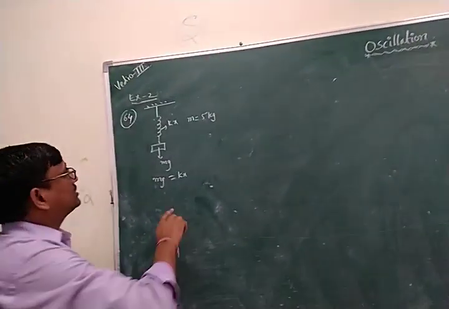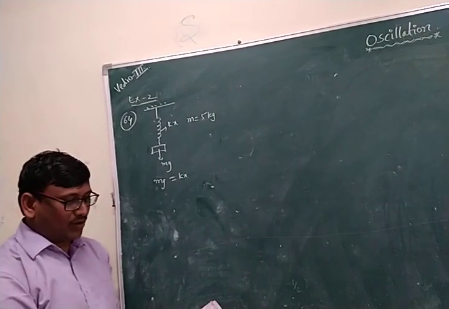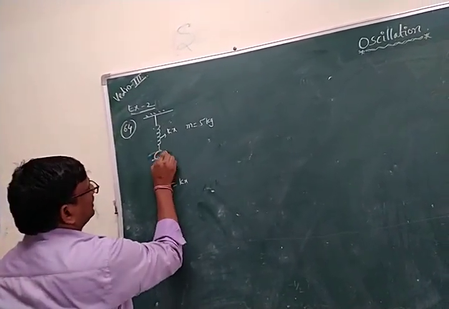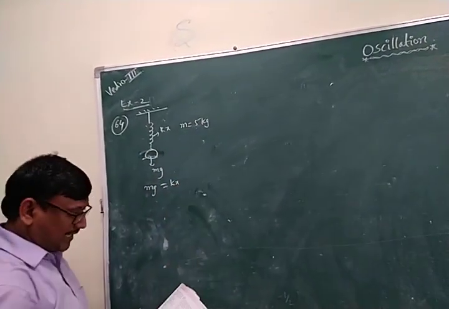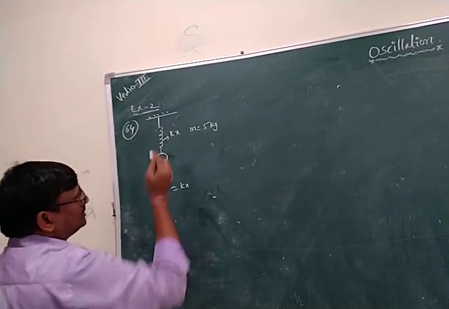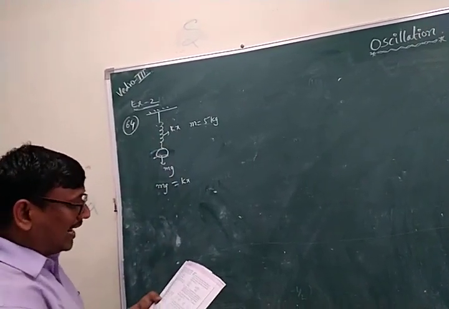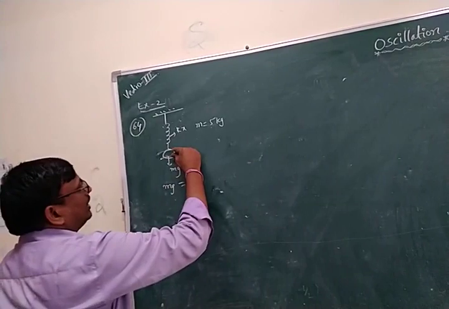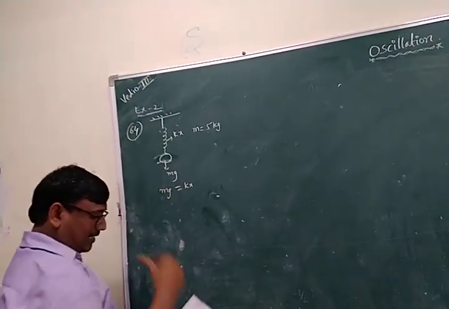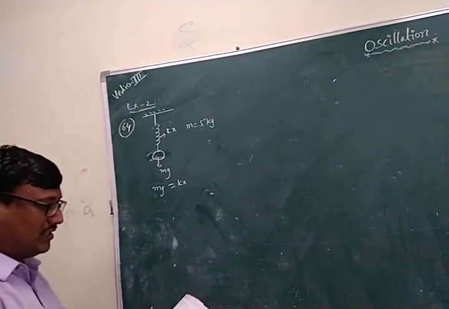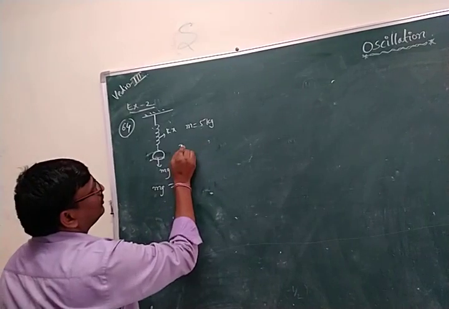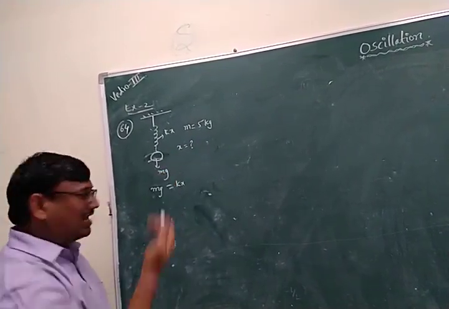See the next question, number 64. A ball of mass 5 kg is given. Its mass, how much is there here? The 5 kg. It hangs from a spring of force constant K and oscillates with a certain period. Now it's pulled down and released. It is an oscillation, up and down oscillations of the ball. The spring shortens, that is X, how much of the elongation of its length.